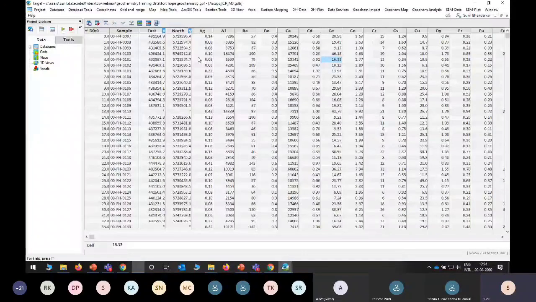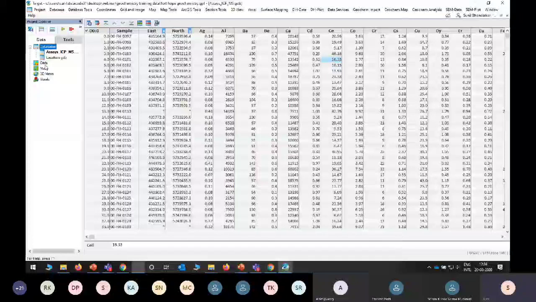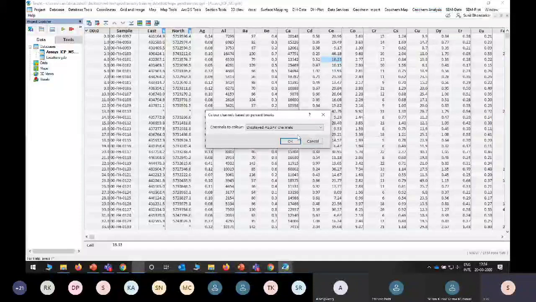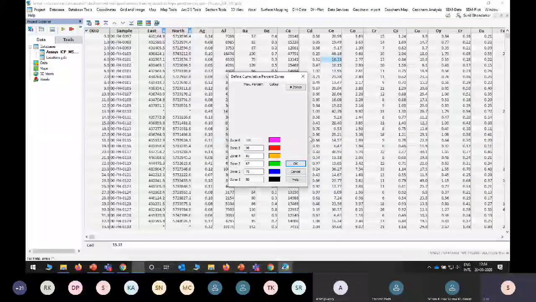Now we will first do color channels using percent break. With respect to 100% size, it will cumulatively make up colors with respect to zone 1, zone 2.